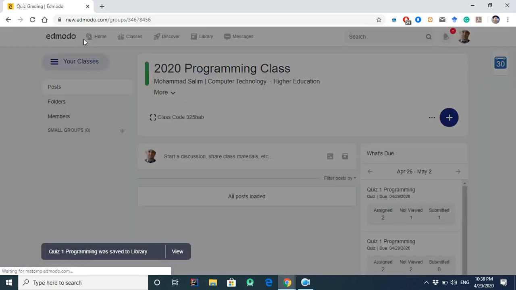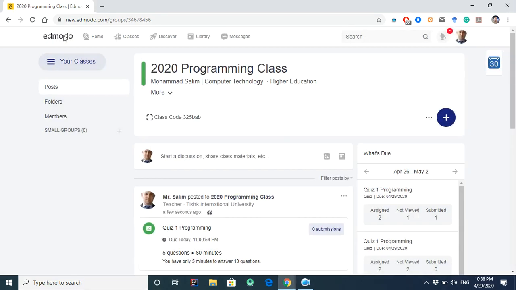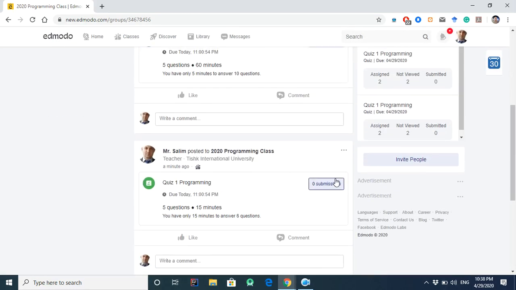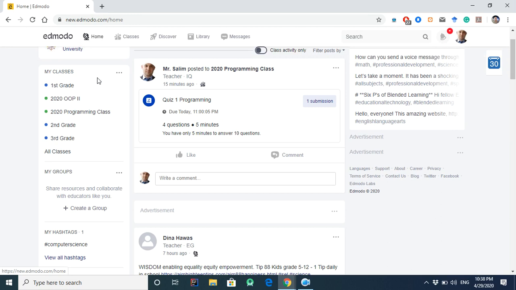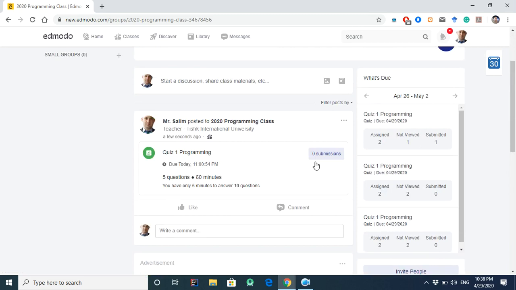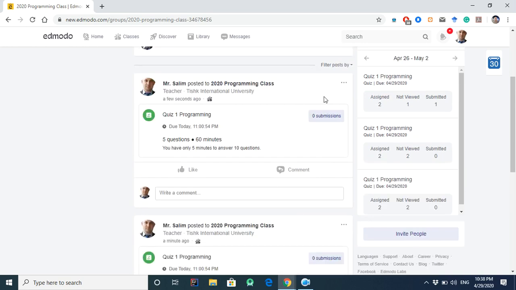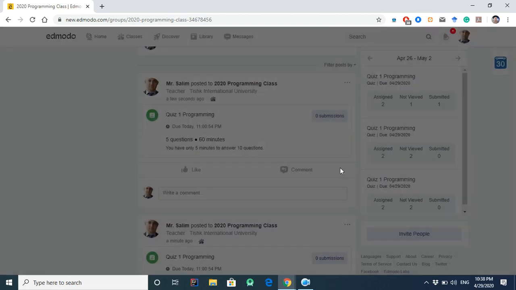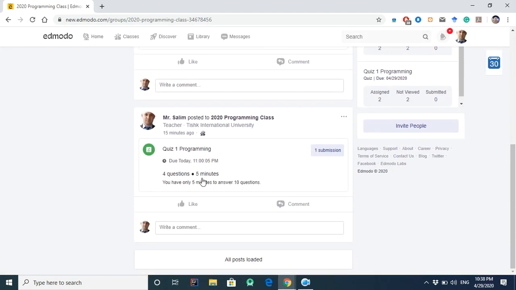Okay, let us go back. Let us just go to the class. Where is the class? Programming class. Because I clicked 2 times on the assign button when I created the quiz, now as you can see, it maybe created the quiz 2 times. The server response was slow, so I will delete this one, the one for 60 minutes. I will just keep this one, which is